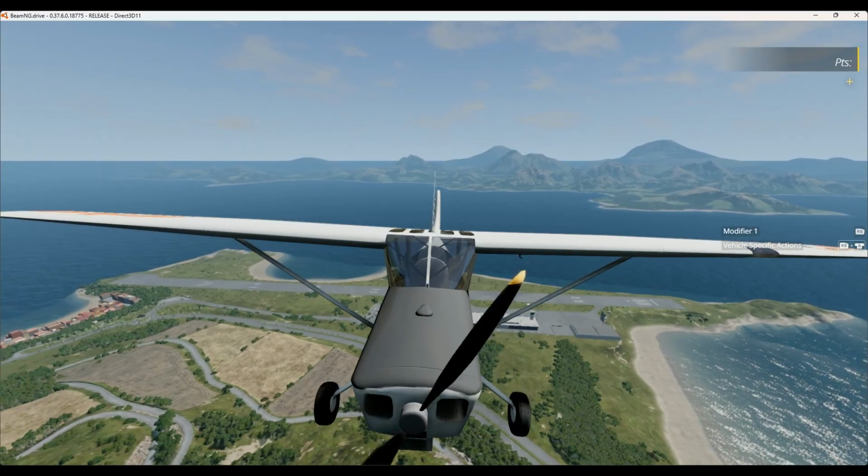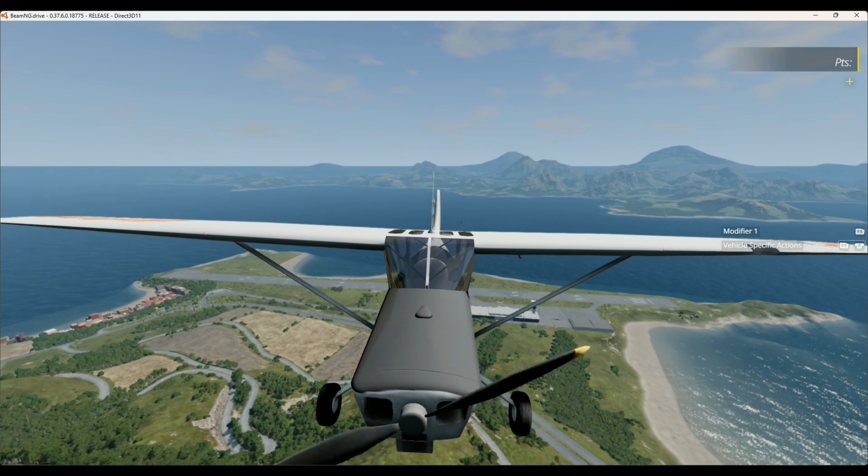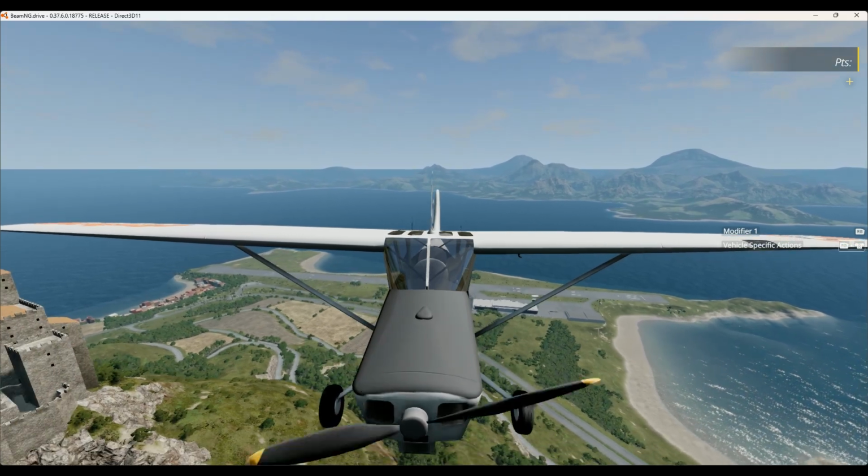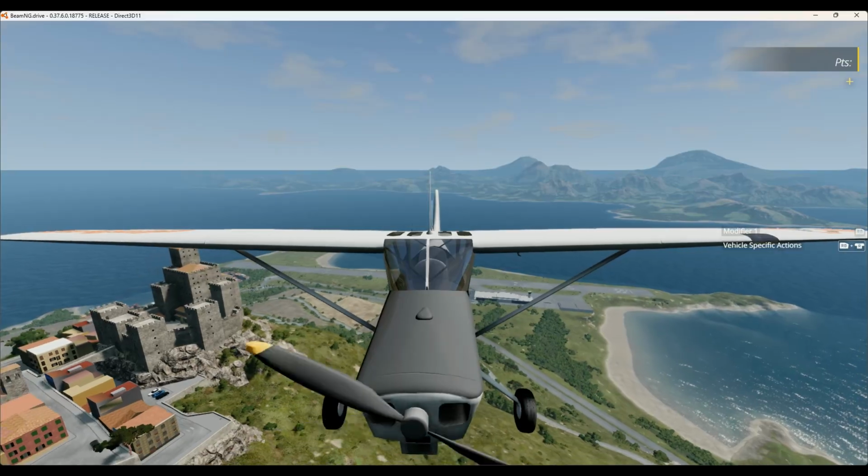So there you guys go. That's how you connect your controller to your airplane in BeamNG.Drive. I hope this helps you guys because I could not find anything like